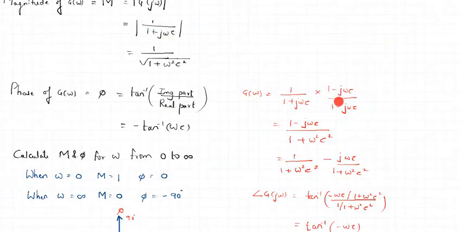So how do we separate the imaginary and real part from this? We simply try to rationalize it, right? So we multiply it by 1 minus j omega tau, 1 minus j omega tau. So the numerator turns out to be 1 minus j omega tau. The denominator is now simplified. There is no complex term in the denominator anymore. So the a plus b, a minus b form gives me 1 plus omega square tau square. Right? From this, now we can easily separate out the real part and imaginary part.